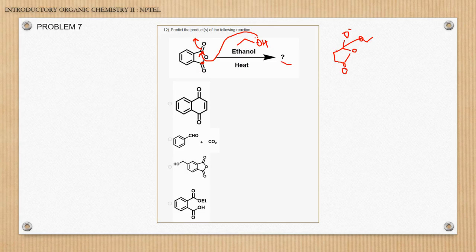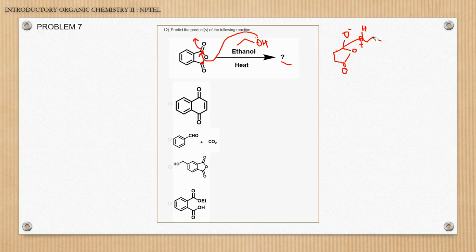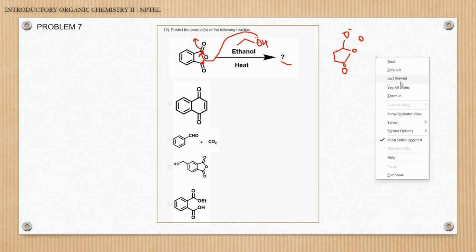This is oxygen. This is hydrogen. And now here you have a plus charge. So if this proton goes and you neutralize the charge, then now